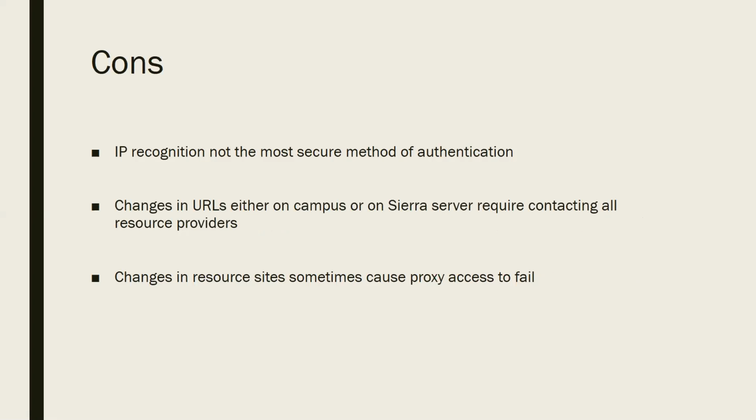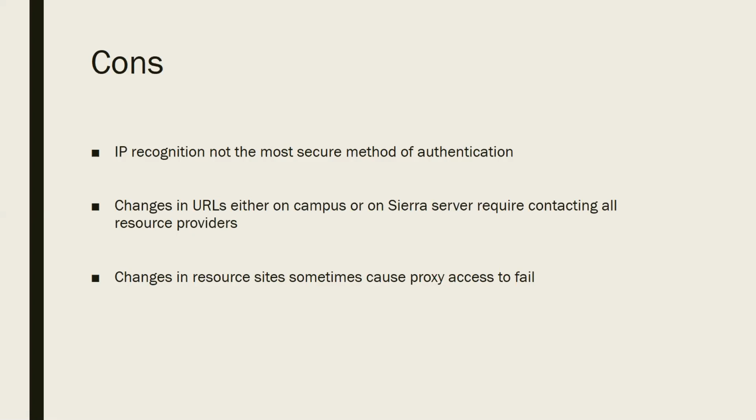Changes in URLs, and this is a problem I'm sure with EZproxy. Any changes in the URLs for our on-campus that are included on our campus or on the Sierra server require us contacting every single resource provider to tell them we have a new URL to add to our list of on-campus IPs. That's been really complicated, weeks of work when that happens, hundreds of providers that we have to contact